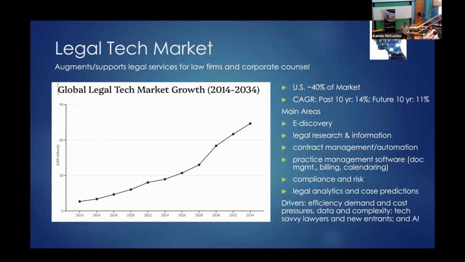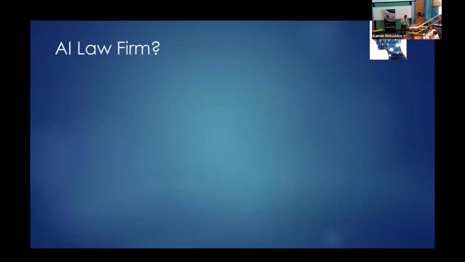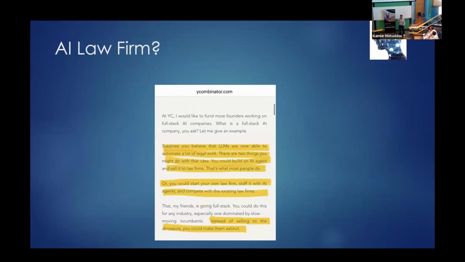But the thing that's very interesting about all the legal technology that is currently being offered is that these things are basically things that support legal services and law firms. They're a tool that you use to support. They're not actually implementing the legal services, but when you talk about agents, you can actually deliver legal services, which was very interesting. And so let's talk about this. I presented a very audacious sort of vision of what a firm would be. So let's accelerate into what that would be. If you're familiar with this,